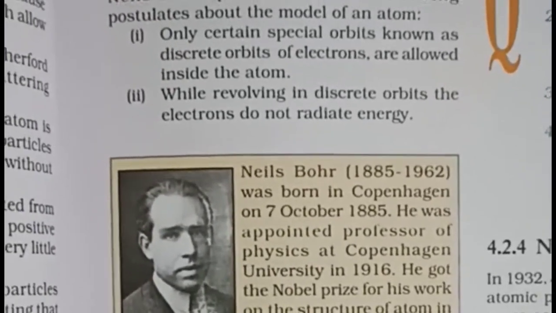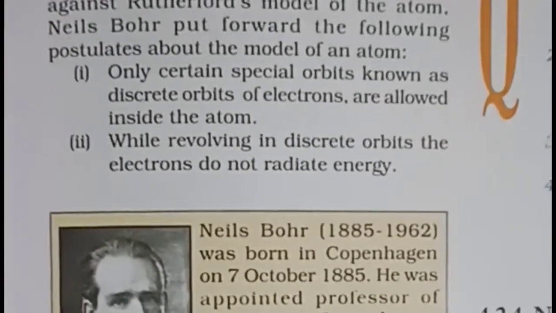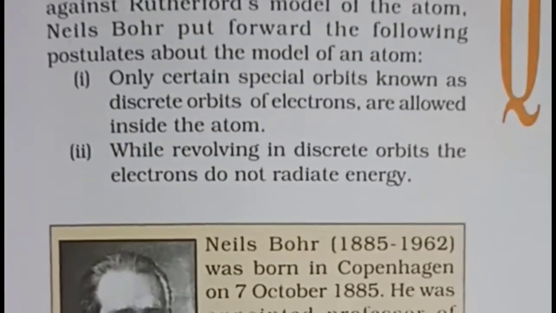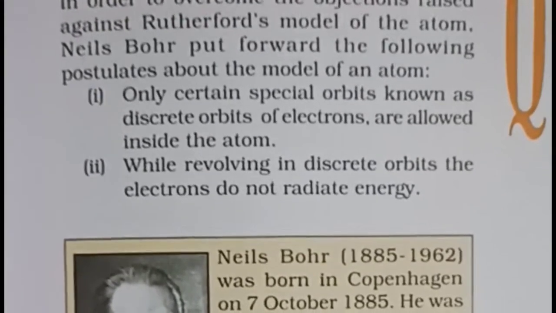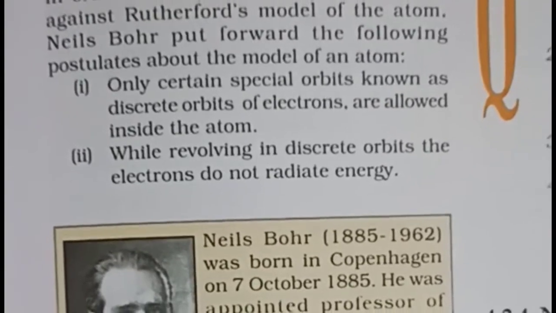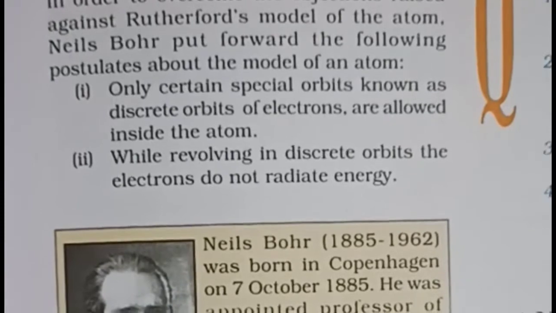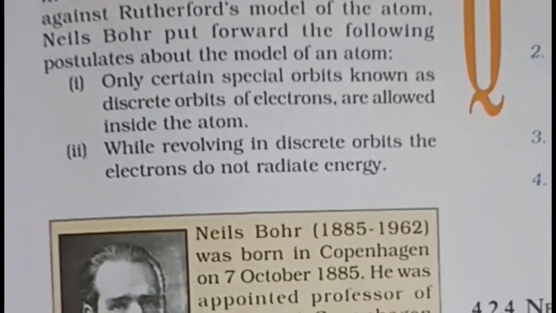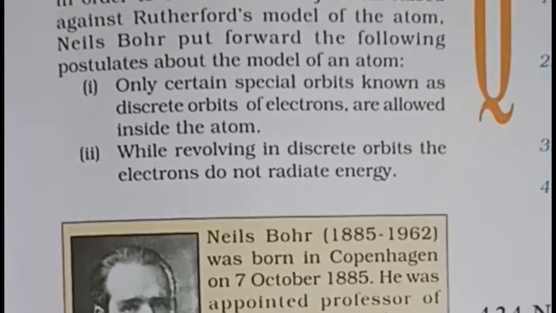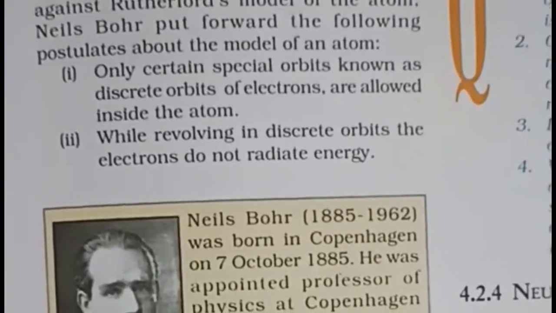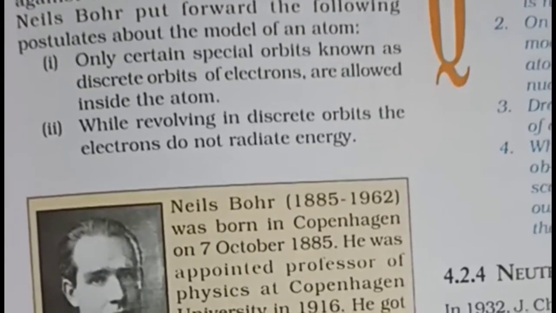In point number 6, we can say that there is no change in the energy of the electrons as long as they keep revolving in the same shell and the atom remains stable. The change in the energy of an electron takes place only when it jumps from lower energy level to the higher energy level, or when it comes down from a higher energy level to the lower energy level.